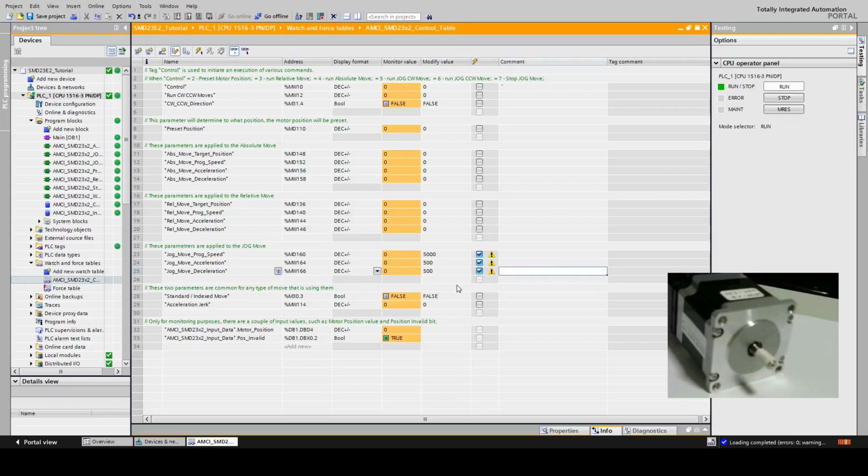Okay, then also over here, for all moves I'm going to use the standard move, and even though it's already false, I'm going to select it to be set anyway. And also acceleration jerk, we're going to keep it 0, which is also just the default value. So now I'm going to go back to control and set, for example, the clockwise jog move, which is going to be 5. So I'm going to enter 5